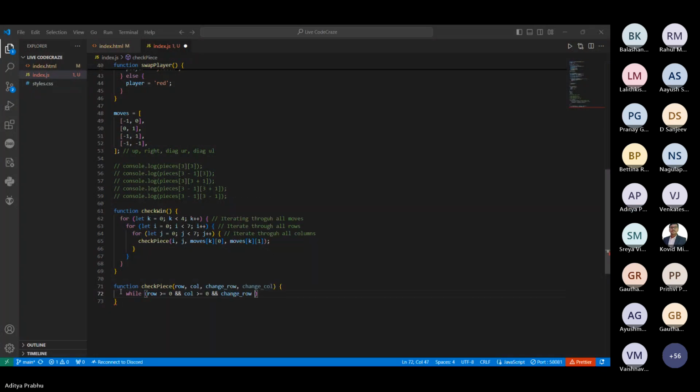Change row less than or equal to 6. What is the meaning of this? What's the meaning of this is we're just going to make sure that while the row and column are within our boundaries, okay, that's enough actually. So while this row and column are between our boundaries, what we're going to do is